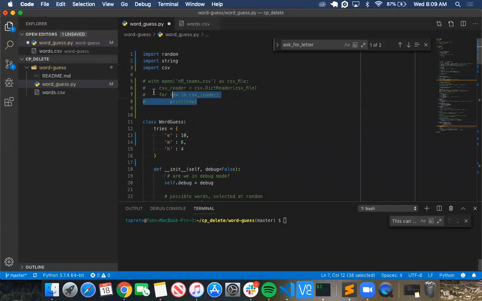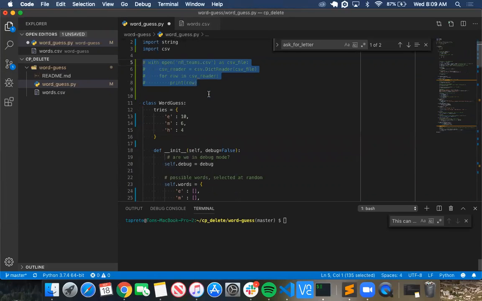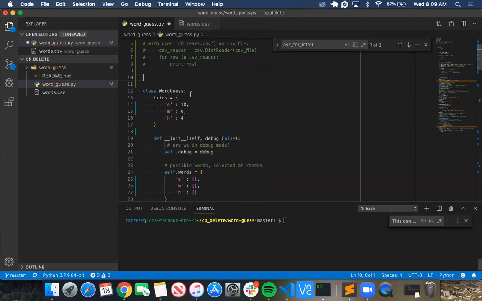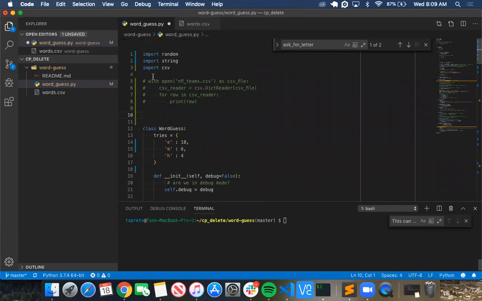So I just copied what we have from the lecture yesterday just as a reference of how to read. So let's just do this right here, because when this file runs, this with open will automatically run as well. So let's just do with open,